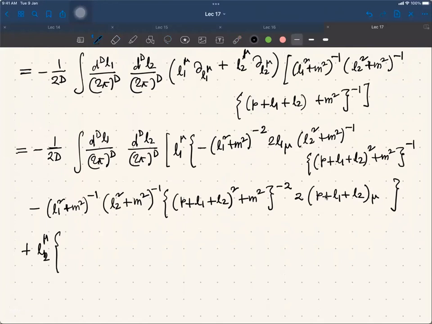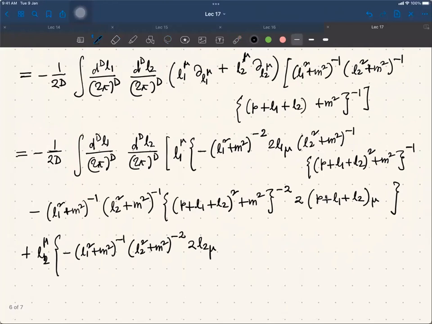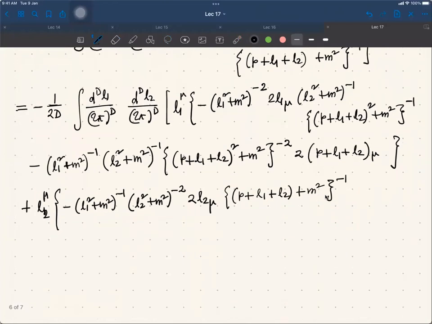So these are minus L1 square plus m square inverse, L2 square plus m square to the minus 2 L2 mu, inverse. Okay, and then minus